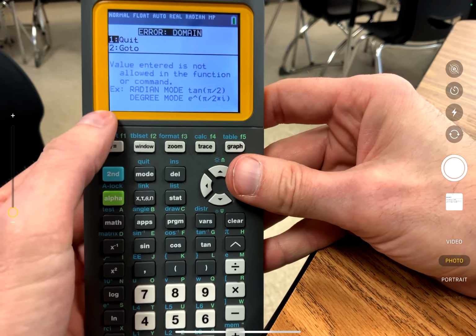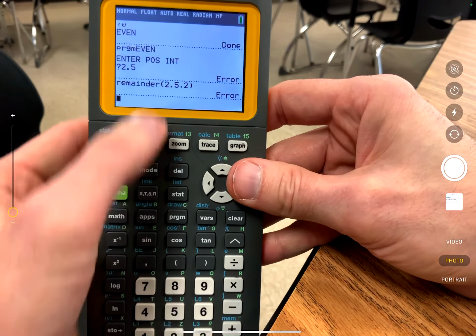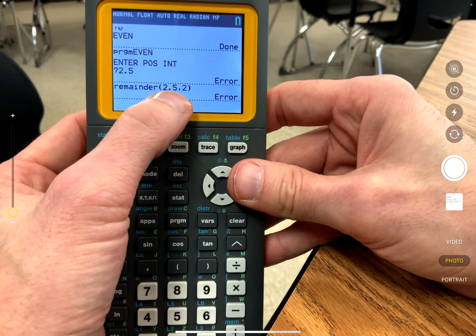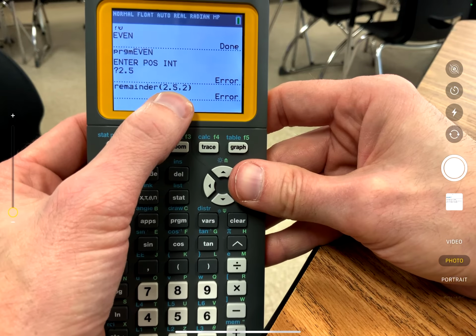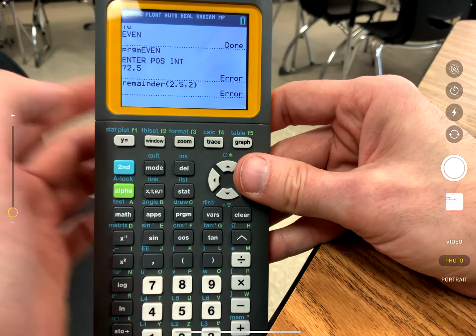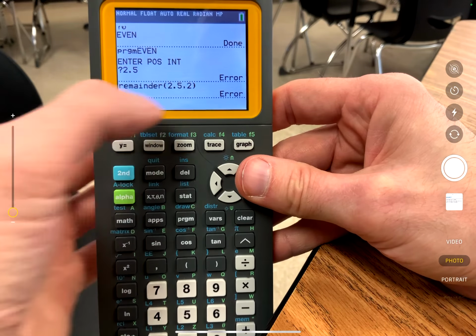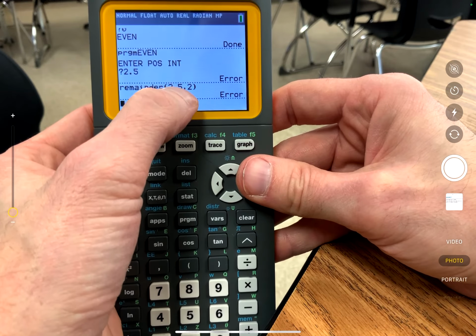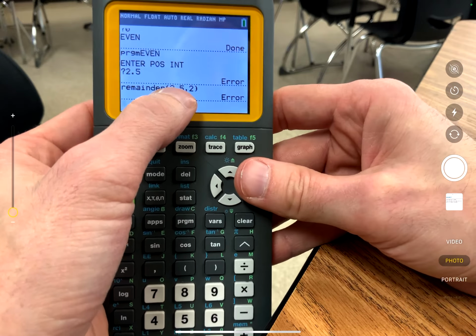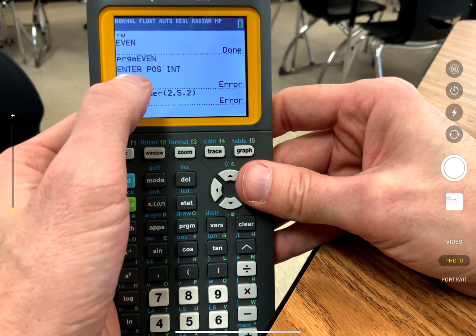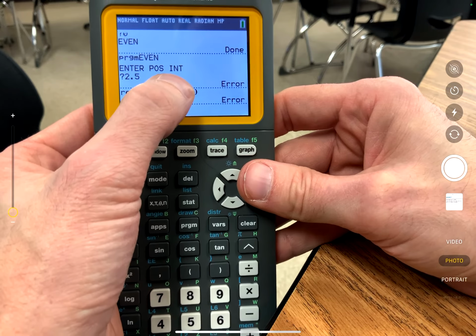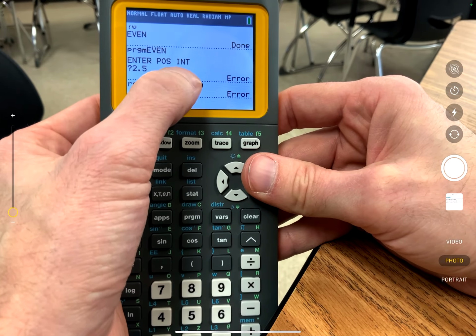And the reason why is because you can't put a decimal number inside of the remainder function. It's outside of its domain, the required things that get to be input for that function. These have to be integers. So yeah, we told the user to only enter in a positive number, but nobody ever pays attention to that. Sometimes